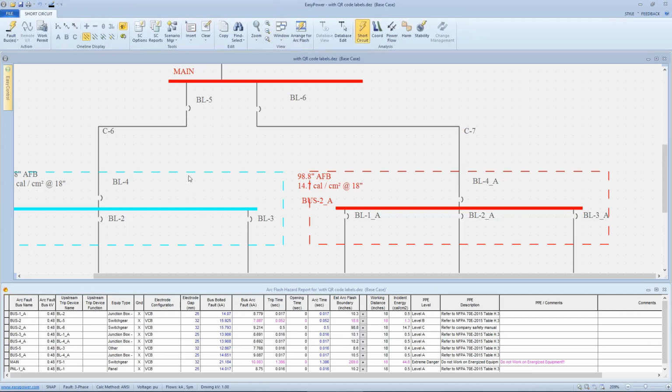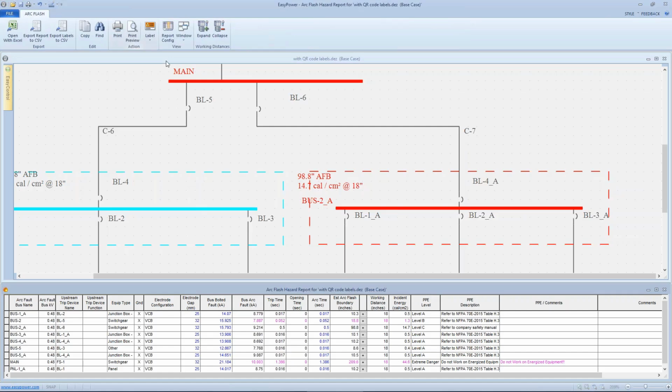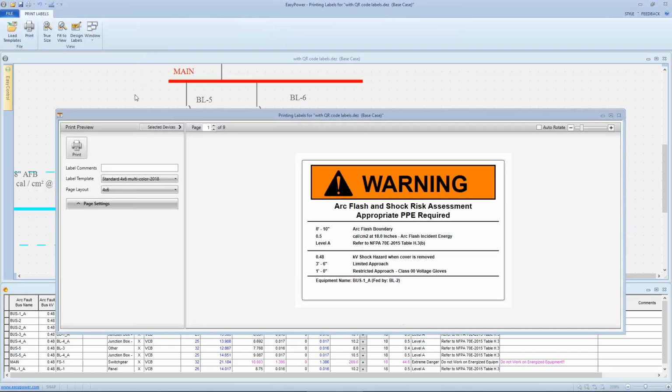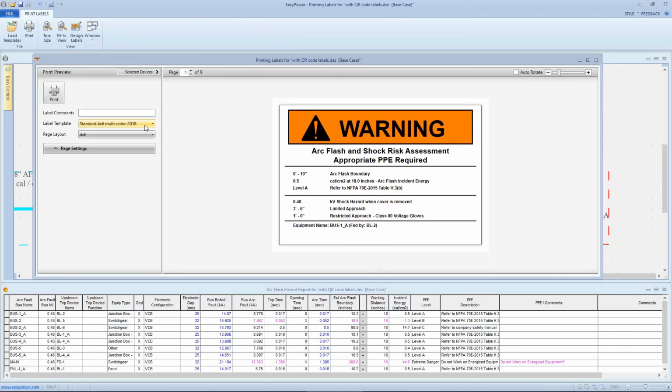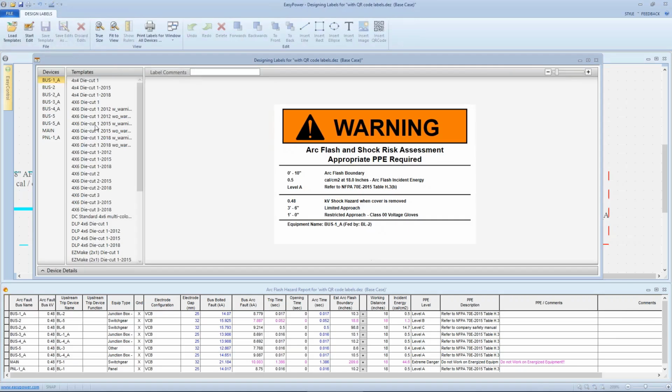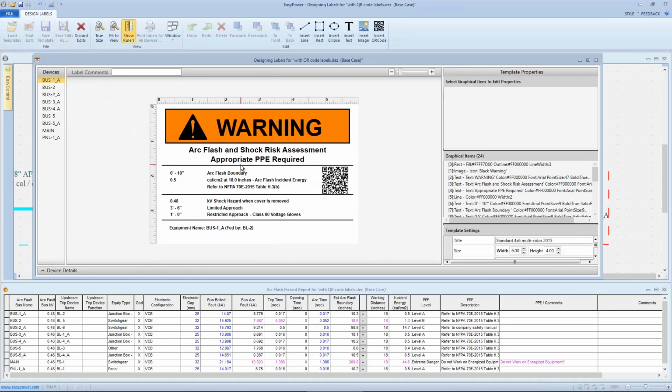and go to the label editor. Now the template I started with was a standard 4x6 multiplier, but then as I started to create changes to it, I saved it as a DC standard 4x6 because it has some changes in it. So once I've selected the template, this is the procedure I used. I selected a typical template, I start the editor, and then once I make any change at all, even if it's just doing a space in the text,